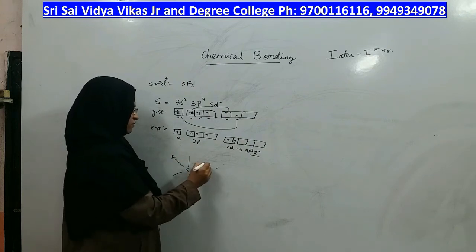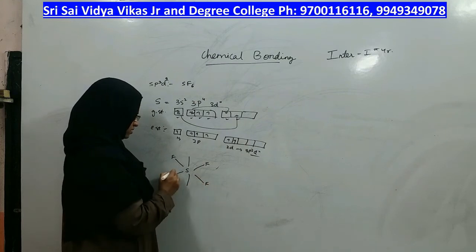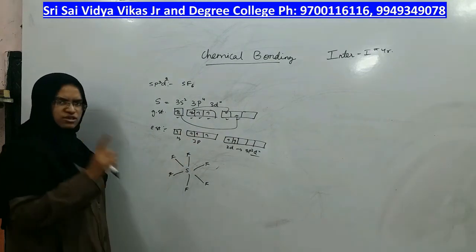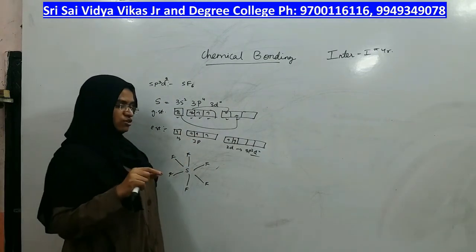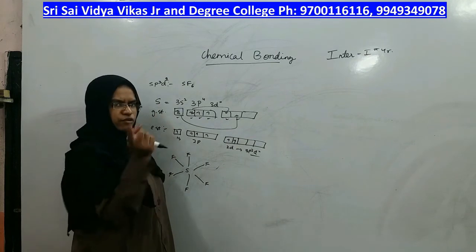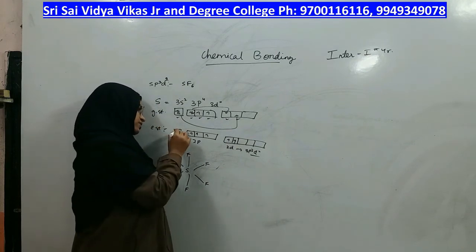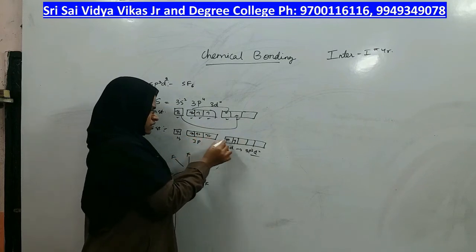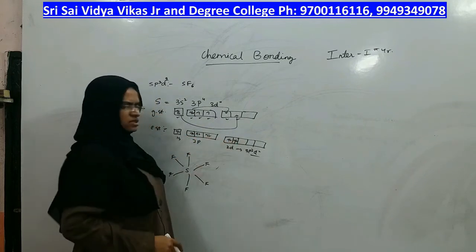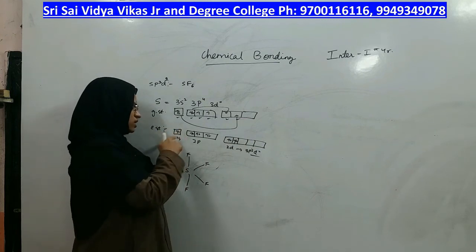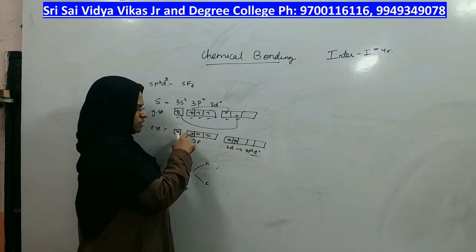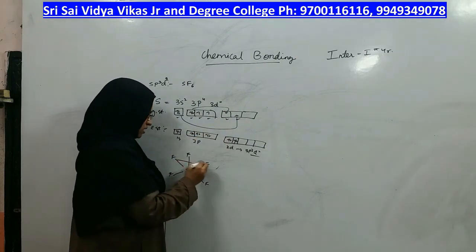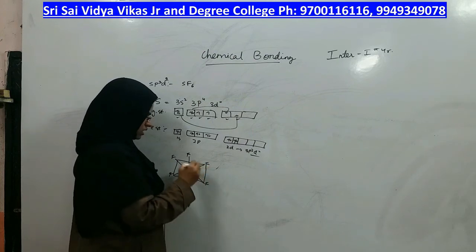which fluorine, fluorine, fluorine, fluorine. In each orbital there is only one electron, and one more electron, where does it come from? It comes from fluorine. Fluorine will come and give one electron here, second fluorine here, third fluorine here, fourth fluorine here, fifth is here, sixth is here, right? So by doing so, electron pair, one bond, electron pair, one bond, electron pair, one bond, like that 6 bonds will be formed and the shape becomes octahedral, right?